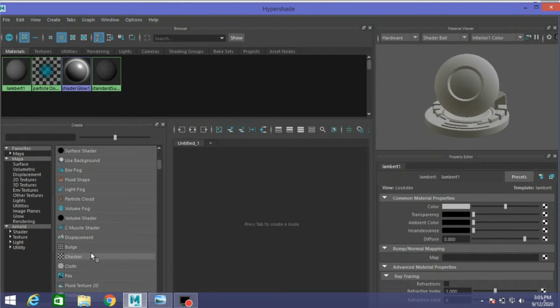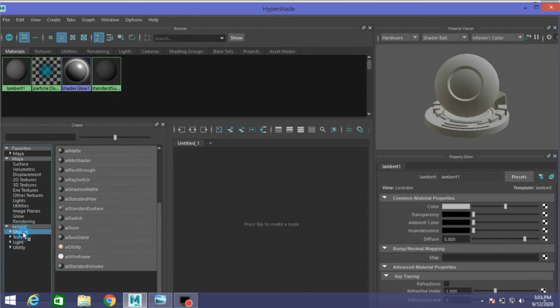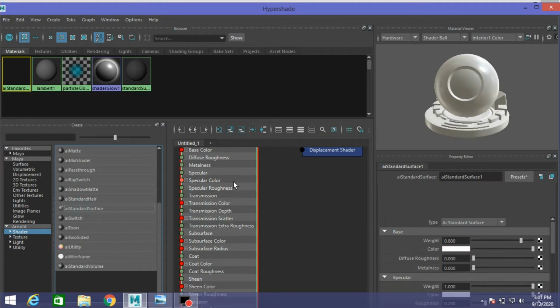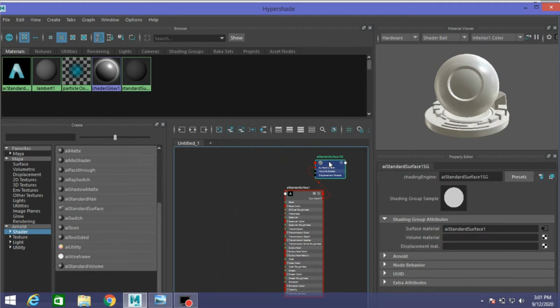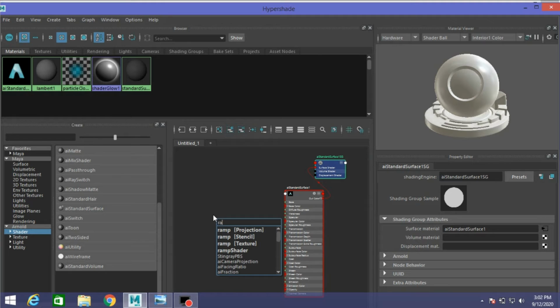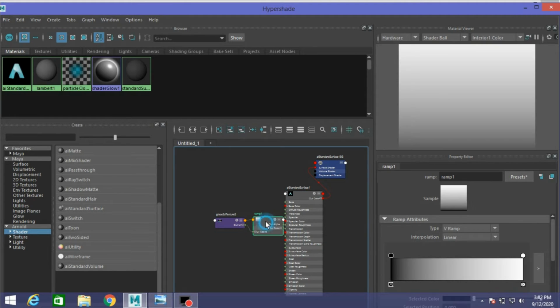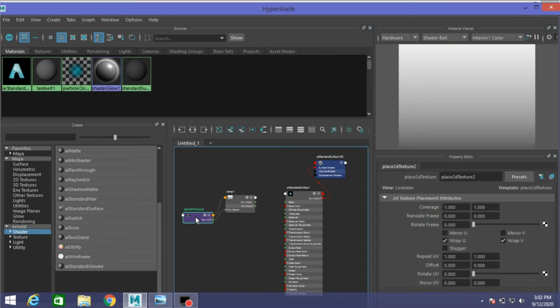First, click here, select shader, take AI standard surface shader material, put it here. Now press tab key on your keyboard, type ramp, take ramp texture, select the 2D texture and press delete.